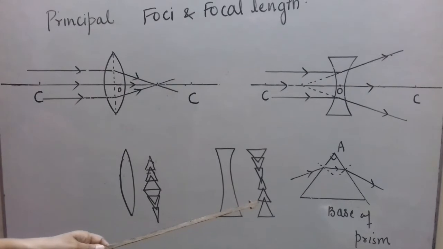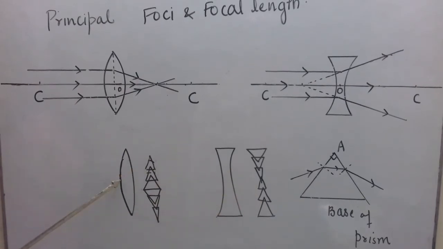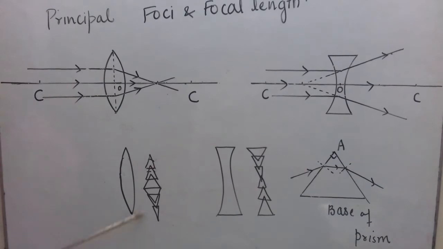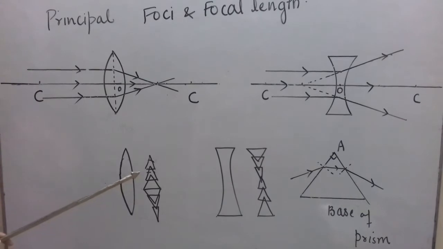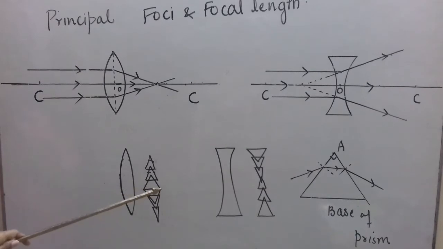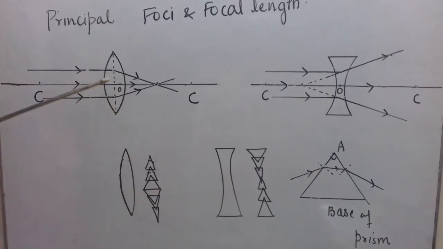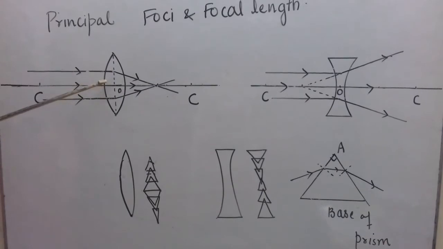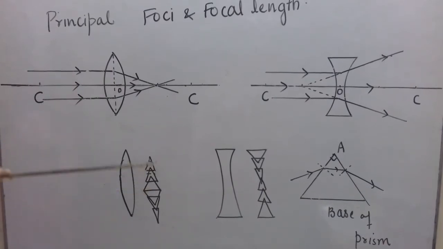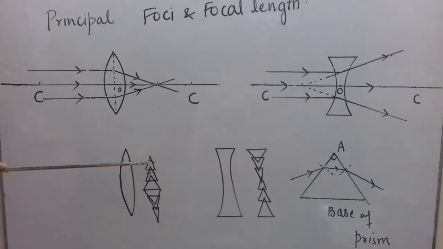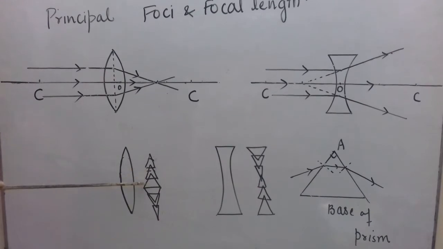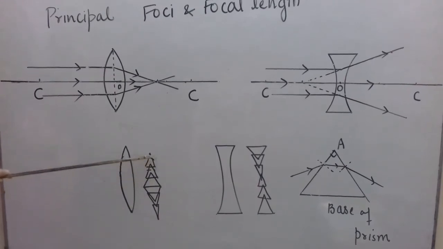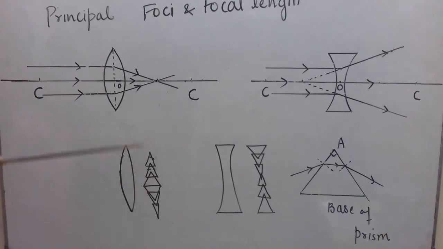If you have understood that, let us come to this diagram now. Now this convex lens can be assumed to be made up of many prisms placed in this manner. See, here one prism is there whose base is lying on the principal axis, and then above that one more prism is there. So as we go up, the size of the base goes on decreasing. So we can say it is a combination of prisms placed in this way above the principal axis.